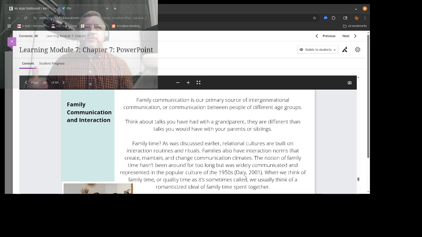Families also create routines and rituals. They create their own communication climate. My family comes from, it's really interesting because normally,